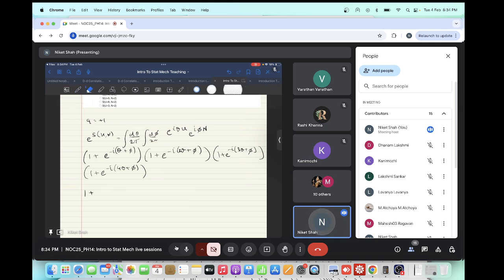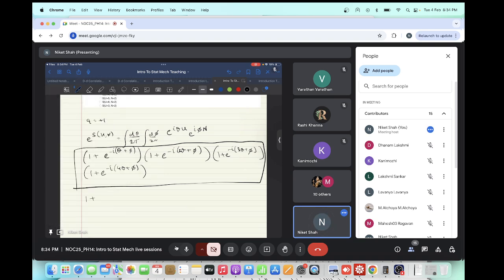What I'm doing now is just evaluating these bracket terms. The integrals will evaluate later. So let me first evaluate the brackets. So the brackets are 1 plus, first term is e to the power minus i(theta plus phi),